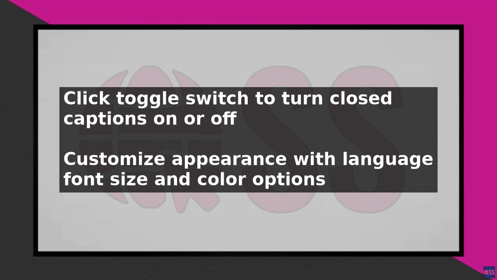It is worth noting that not all videos on YouTube TV have closed captions available. However, many popular TV shows and movies do have closed captions, and YouTube TV is continually adding closed captions to more content. By following these steps, you can easily turn on closed captions on YouTube TV and customize their appearance